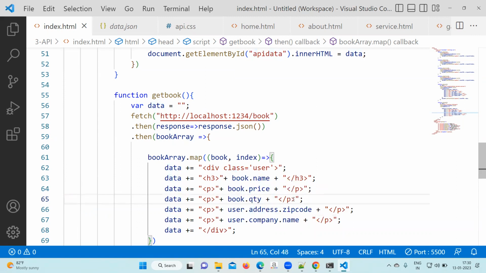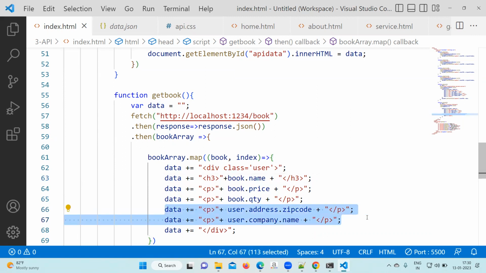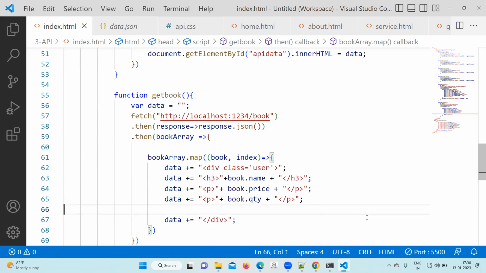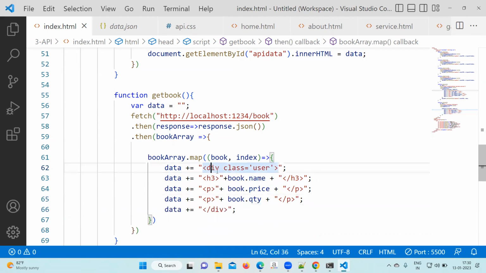Anything else? ID also we have. So you can add one. Okay, leave ID, let it be this much. So it is going to create 3-4 books in one line. Once the map is over,